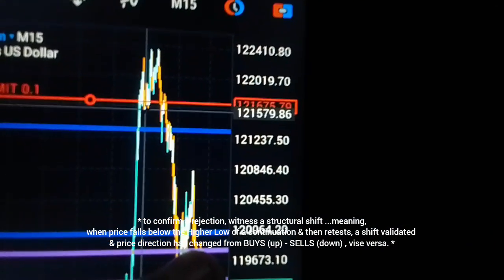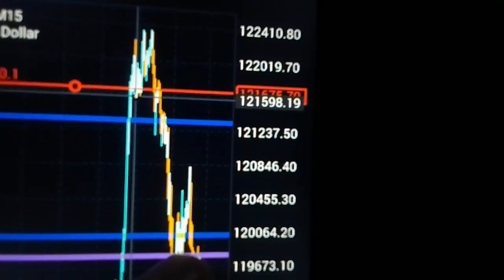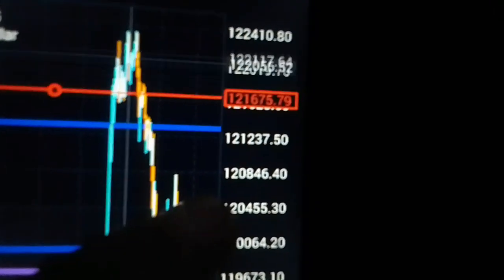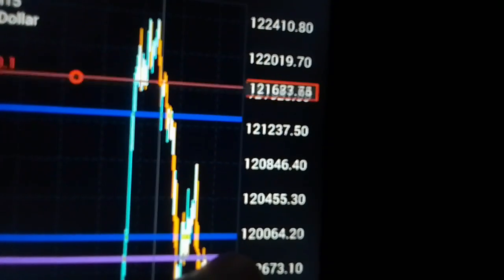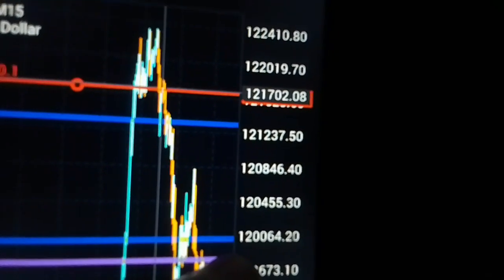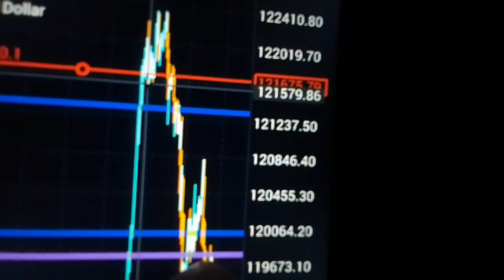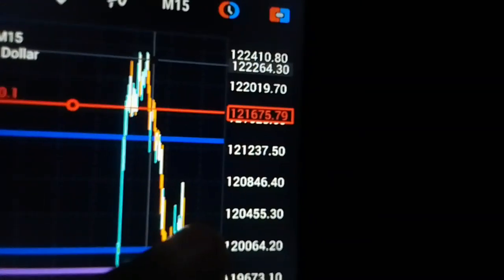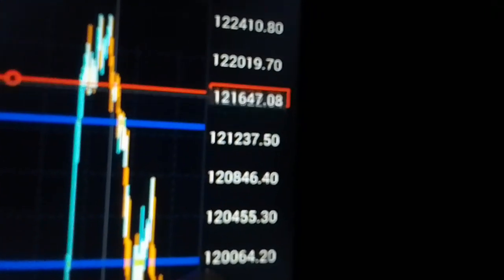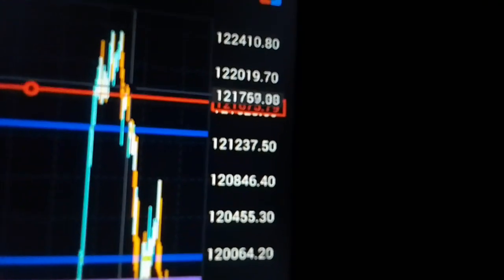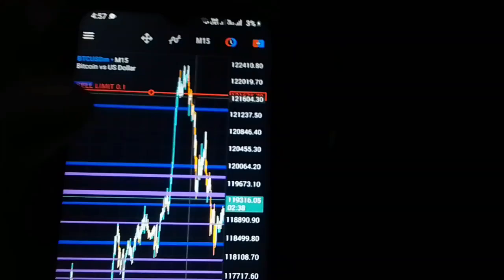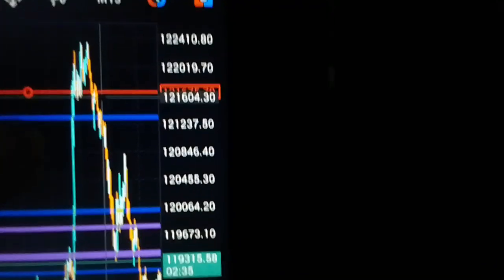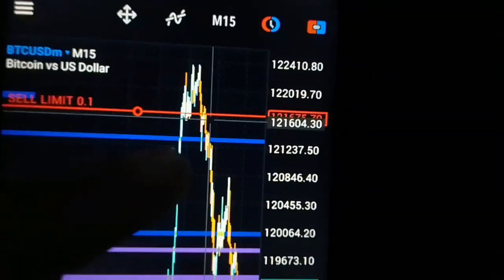This was the lowest low out of a continuation move. This was the lowest low, and it breached under it to confirm that this is a market shift, meaning now the direction is changing from bullish to bearish. So it has to breach below and then retest. Once it retests and then produces another bearish candle, it is confirming that we're going for sells. So we could have caught a trade,